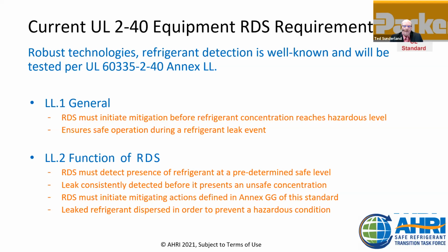Having detected the presence of the leaked A2L refrigerant, the RDS will initiate mitigating actions that are defined in a further annex of 60335-2-40, being Annex GG. Mitigating action, as Carl mentioned, is intended to dilute the refrigerant concentration and maintain a concentration well below the flammability limit, and this will prevent